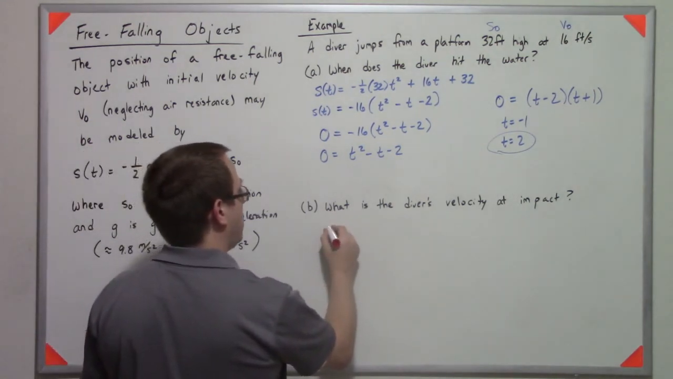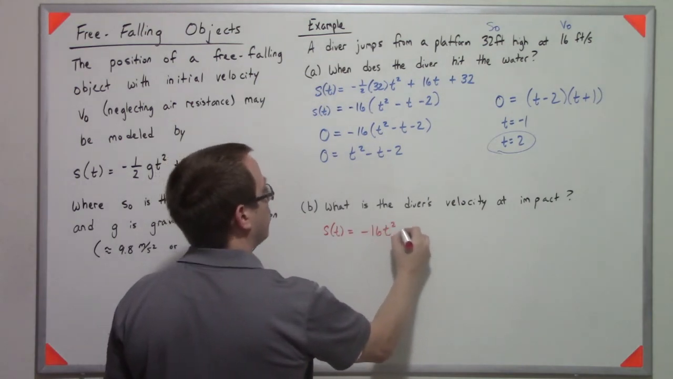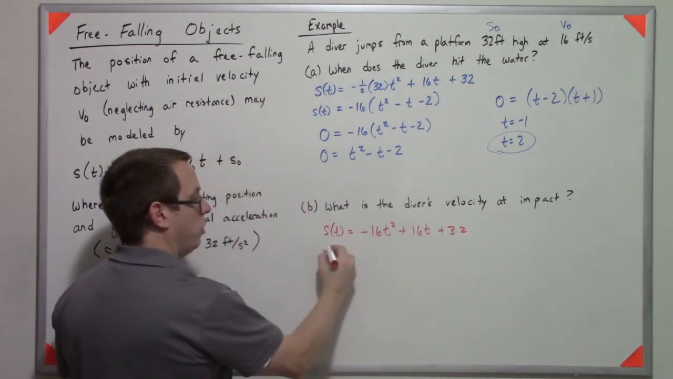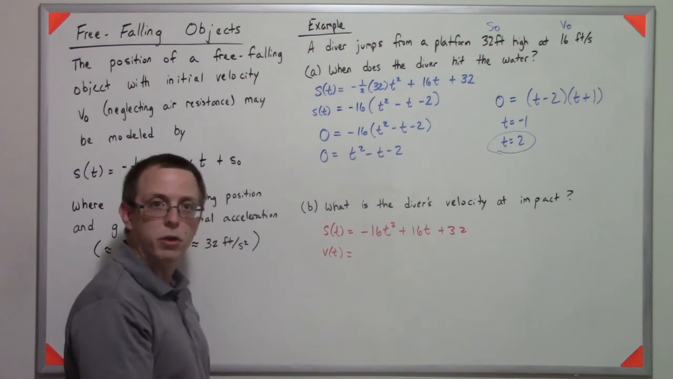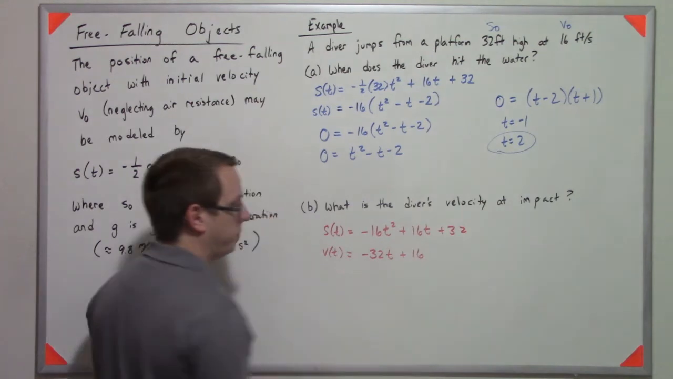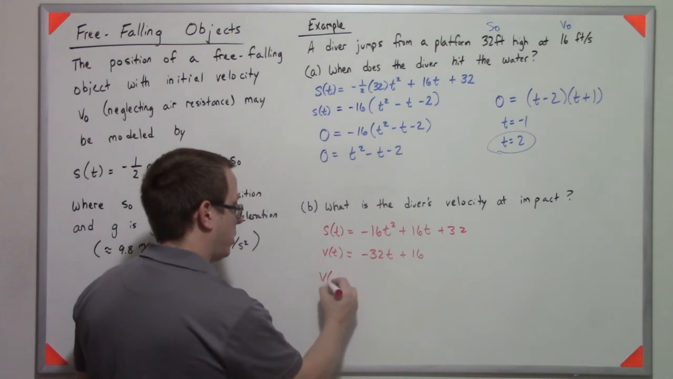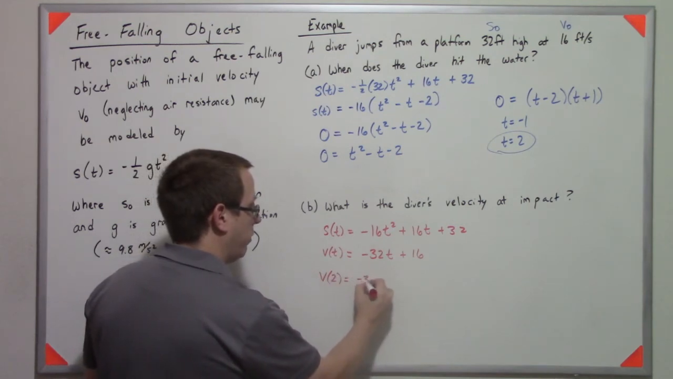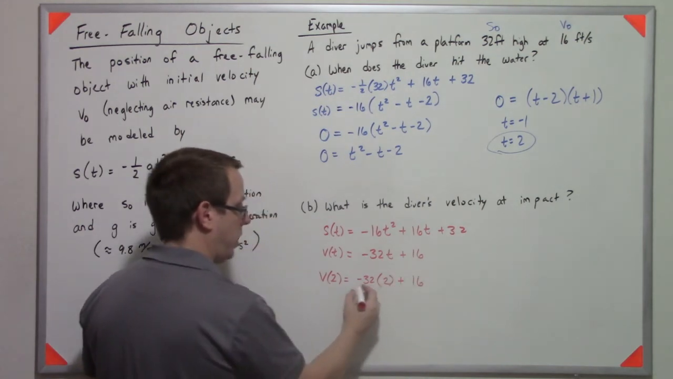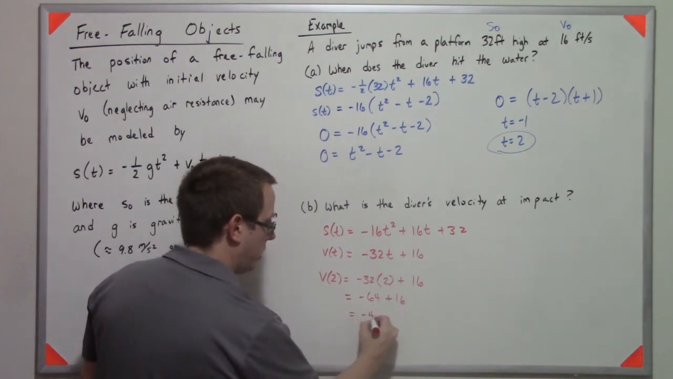So if S of t is negative 16t squared plus 16t plus 32, then your velocity, which is the derivative of your position function, is negative 32t plus 16. And we want to know what the velocity is at impact. So the velocity at time 2 is negative 32 times 2 plus 16, which is negative 64 plus 16, which is negative 48